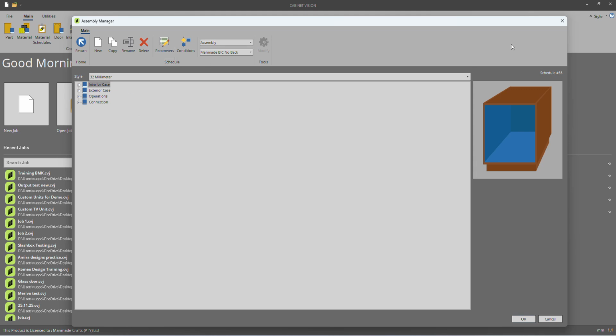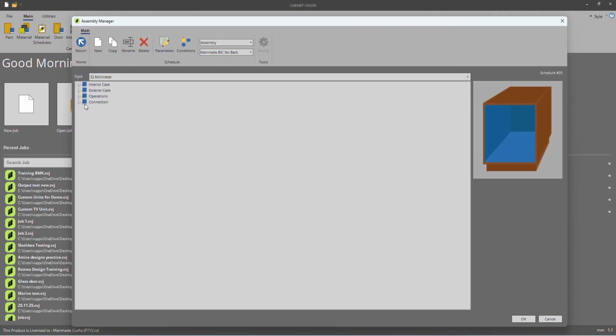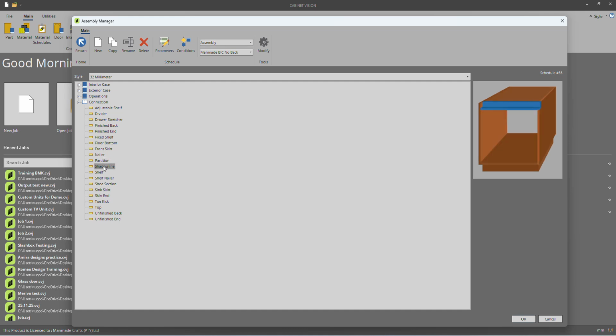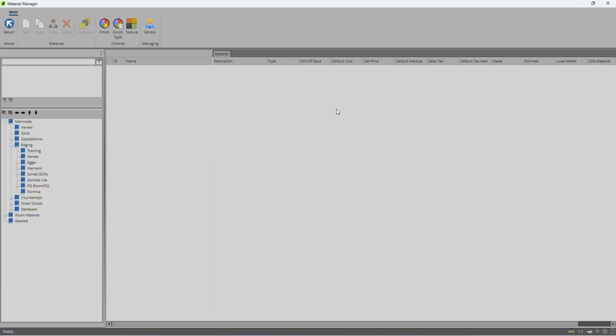But before we even get to this, we need to go and assign or create our connection methods. The reason is because in your assembly, when we set it up, it's going to ask us here how every part connects to every other part and what connection it uses. So it's good to have the connection preset up so that we can just assign it when we get to that point. So what I think we can start with now, while we still have a few minutes left, is let's check if we can create that model quickly for that overview. So I'm going to just